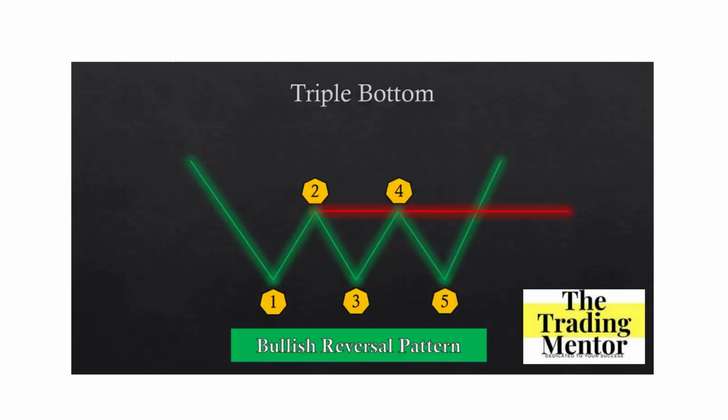The way to actually trade the pattern is the same as before. The trader should wait for a breakout to the upside of the neckline and a retracement to the neckline acting as support now. That's the ideal scenario. The stop should be below lows 1, 3, and 5, and the target should be at least 3 times as